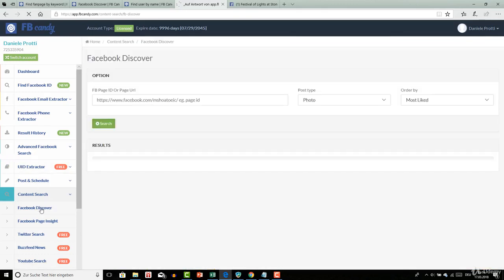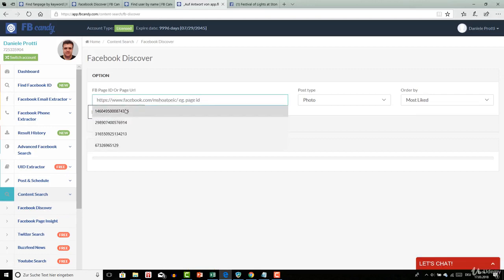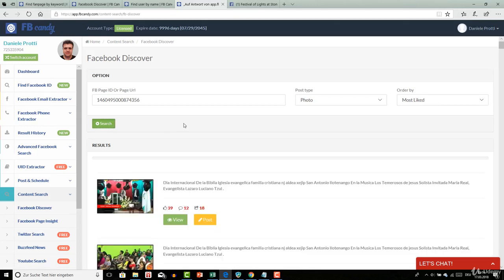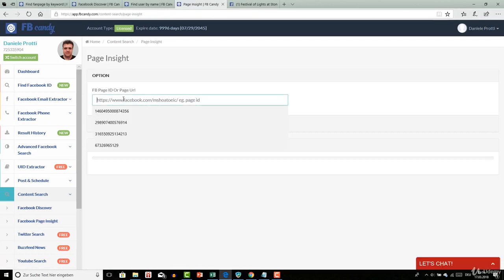If you click on Facebook Discover, you select here one of the Facebook fan page ID, you click on search. On Discover you get this, but the same is for Insight. So if you click on Facebook Insight and you're gonna select